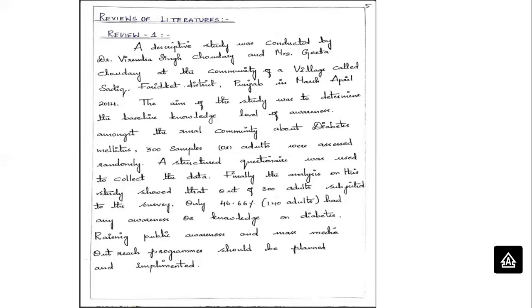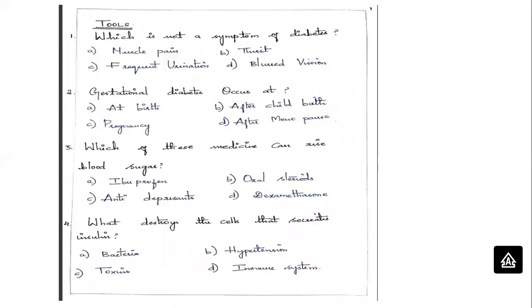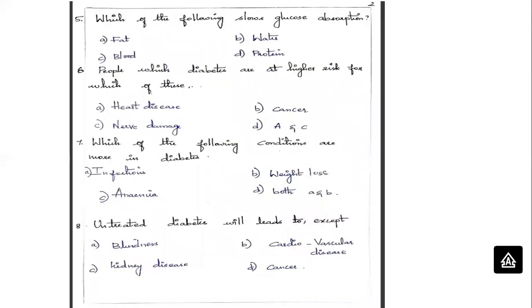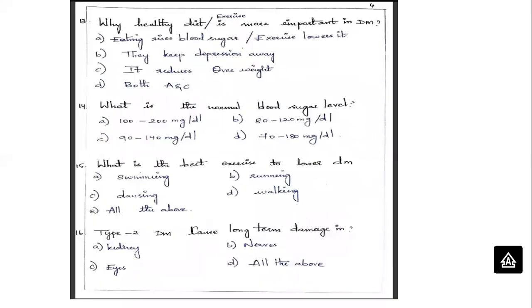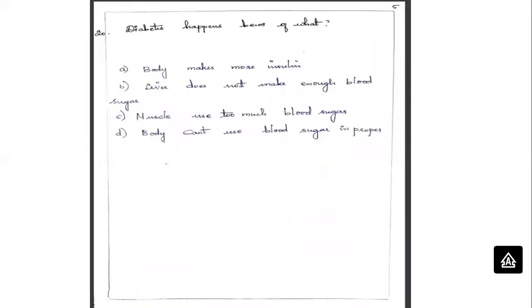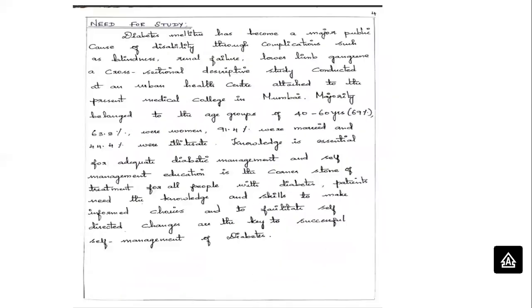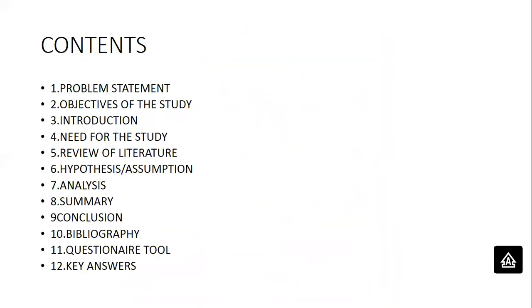I will tell you another points also. Research design, where it was done, by whom and when, sample, data collection, analysis, and the recommendation. This all should be kept in mind when you're writing the review of literature. And moving to the tools, how I have found my tool. Please do watch it. Please write 15 to 20 tools in your research work. So now again we are going back to the content. Till review of literature, I've told you how to write.